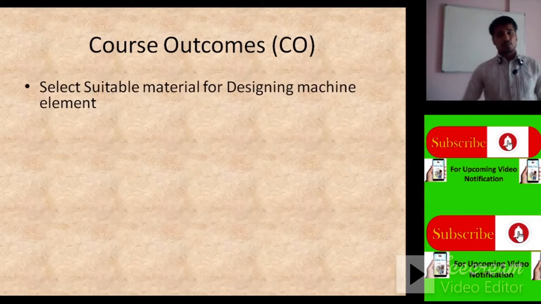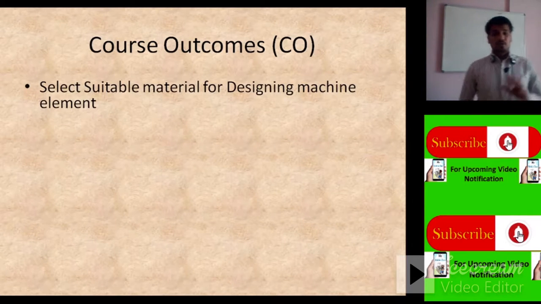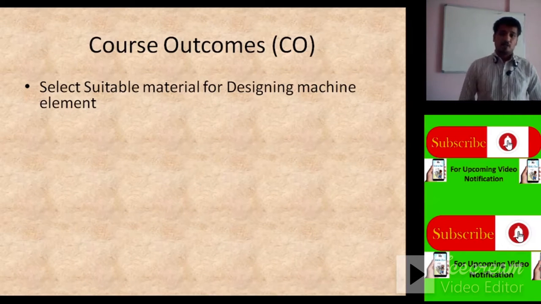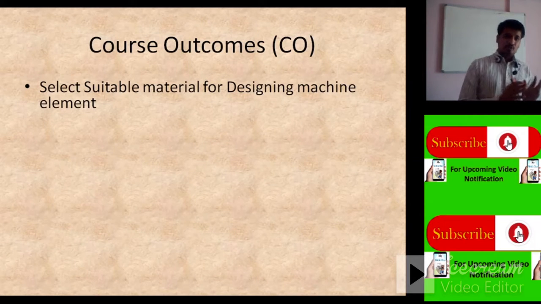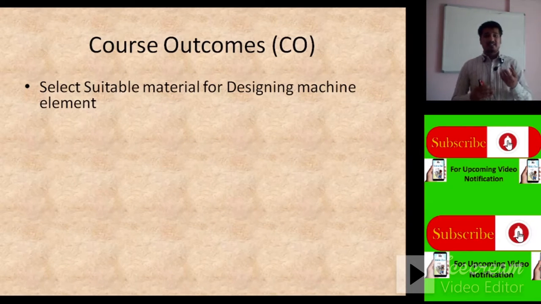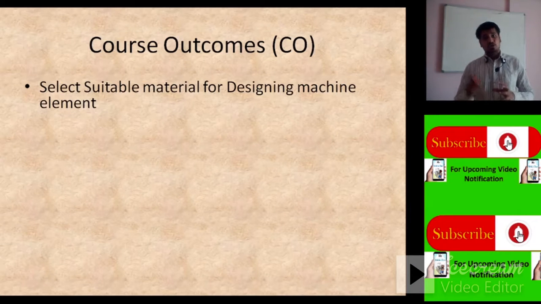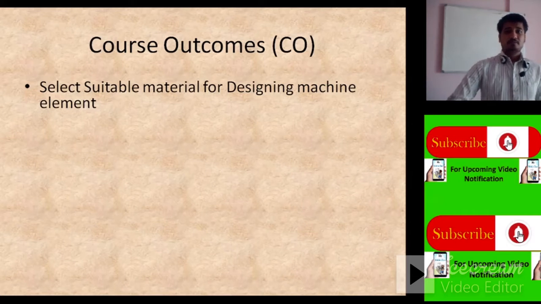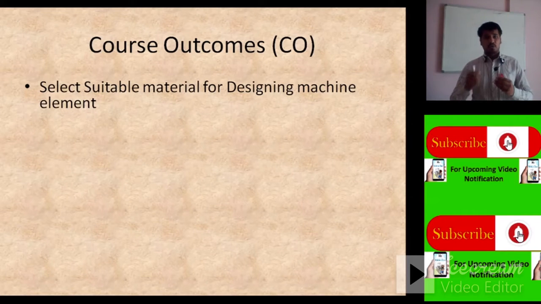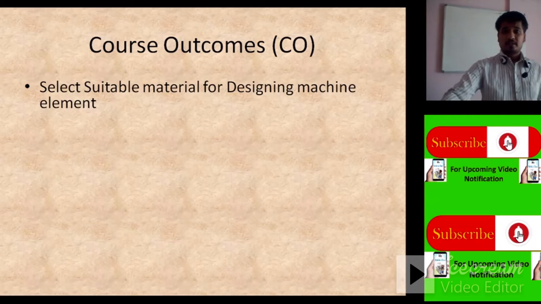The first course outcome is that you are going to select suitable material for designing the machine element. When you are designing any machine or machine element, the main point is selection of material. When you know all the materials and their properties, based on those properties you can select a suitable material for your machine or your project also. So this point is important, and from this subject you are going to be able to select different types of